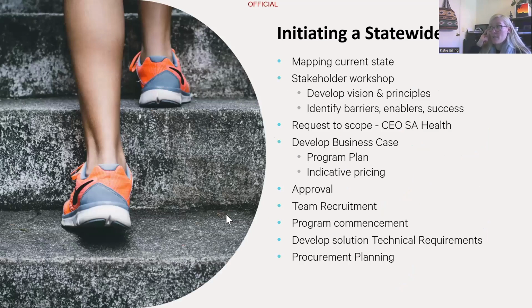So initiating the statewide program, as I said, we've done lots of work to map the current state and understand who's already doing excellent work in these areas. We have held many stakeholder workshops and developed those visions and principles and identified the barriers. And as I say, that business case went through to the CEO of Health some years ago, and they were really supportive of us planning and developing and seeking, getting the indicative pricing, working through the approvals to be able